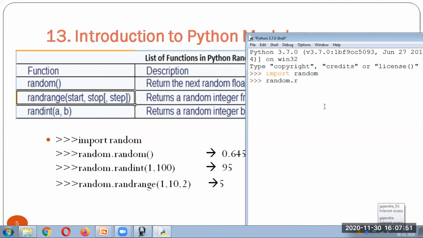The first method is the random method. It will generate any random number. We can't specify it, it will be generating any random number between 0.0 and 1.0.